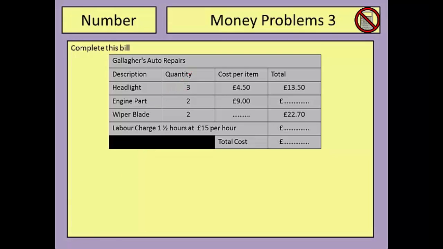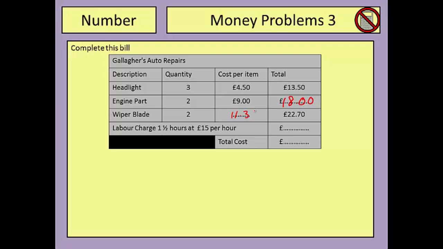Okay, let's have a look at this one then. So again, like before, it gives me my example one. 3 headlights, £4.50 per headlight, comes to a total of £13.50. I needed 2 engine parts, and they cost £9 each, so 2 lots of £9 is £18. Then wiper blades, I needed 2. They cost £22.70 for both of them, so I'm going to divide this by 2 to get the cost per